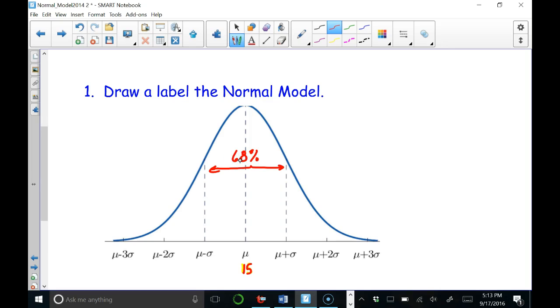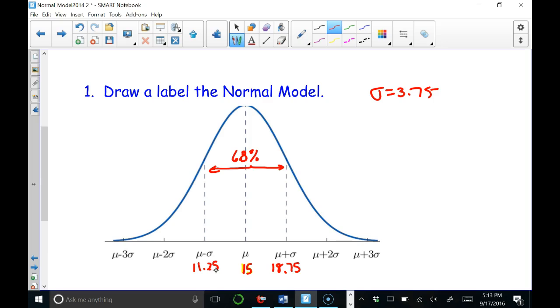Now, if the standard deviation is 3.75, if I add 15 plus 3.75, I get 18.75. And if I subtract 3.75, I get 11.25. What this means is that 68% of the scores are going to be between 11.25 and 18.75,